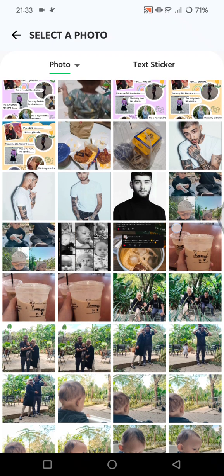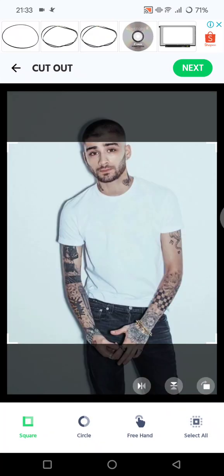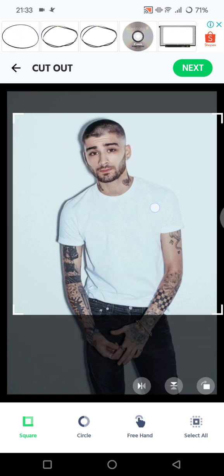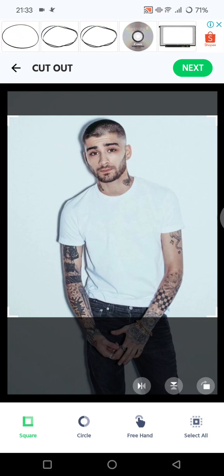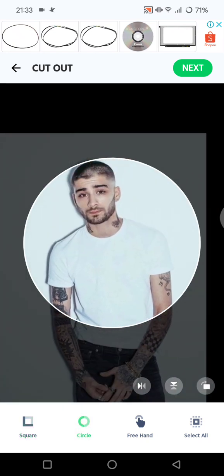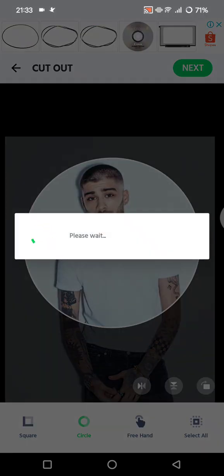Okay, so let's say I want to create a sticker from this photo right here. You can just click on the photo and then cut out or crop the part that you want. Here you can also use a circle if you want to. I'm going to go with circle, I think, and adjust the size, and after that you can hit next at the top,